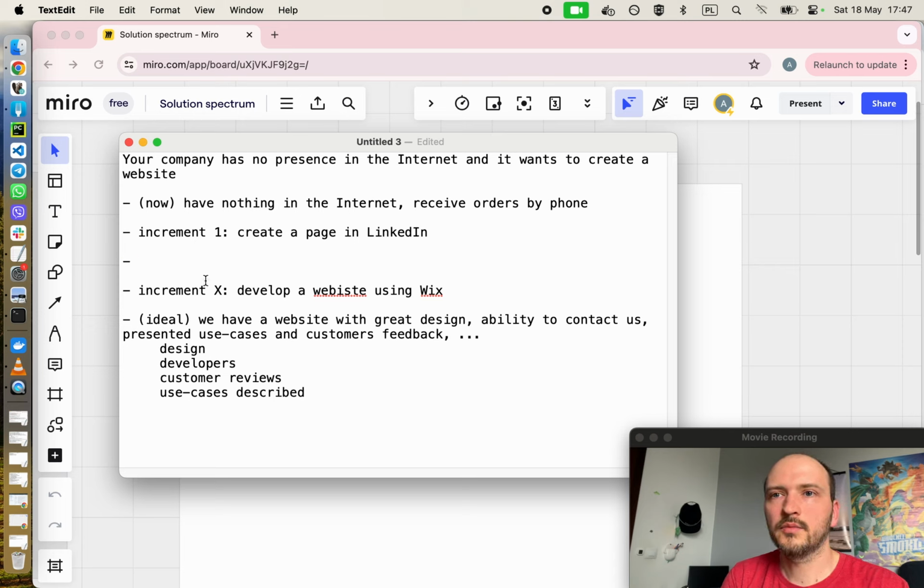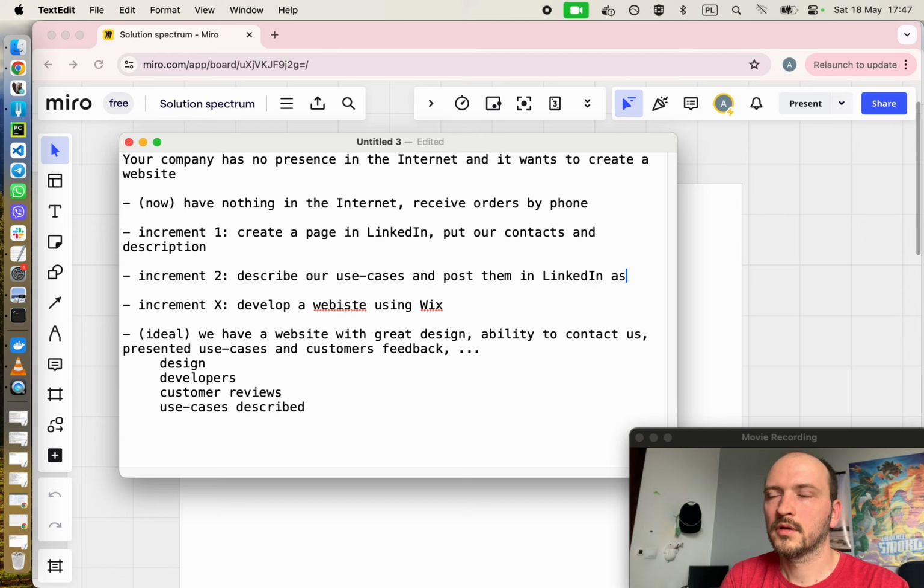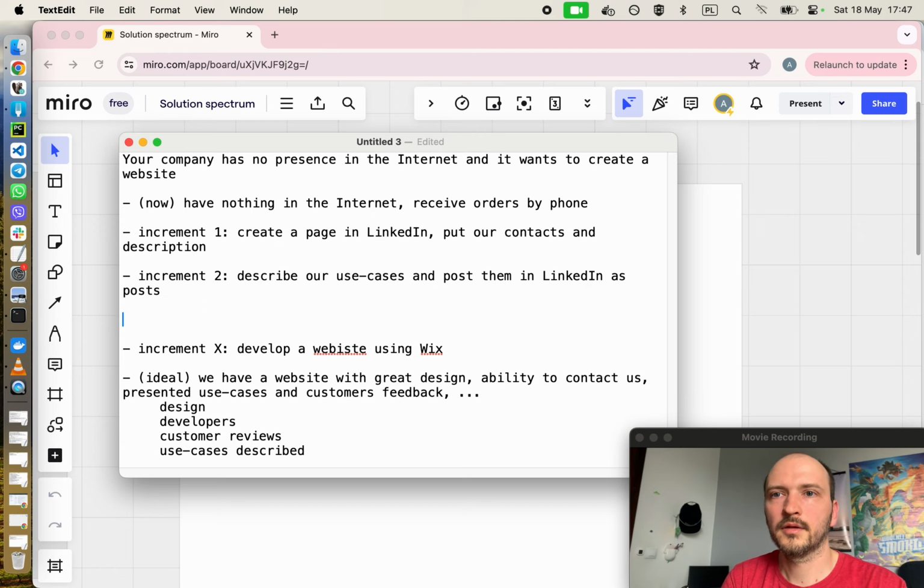So what can we do also? For example, in this case, we just create a page on LinkedIn, put our contacts and description. So we have some linear progression. As increment 2, we may describe our use cases and post them on LinkedIn as posts, right? Then we can request customer reviews,